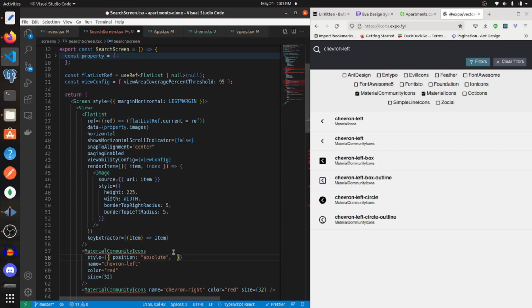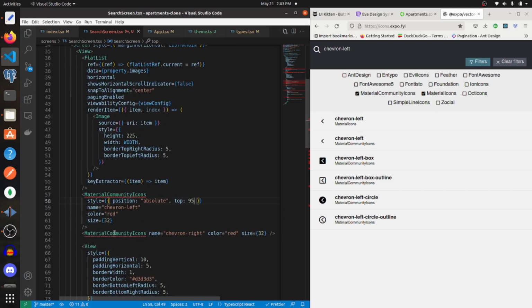So we should have somewhere around 110, should put it in the middle of the image. So use the top key and put 110 here. And that looks a little past the middle to me. So I'm gonna do like 95, and that looks pretty good. So we'll just do the same with the right,